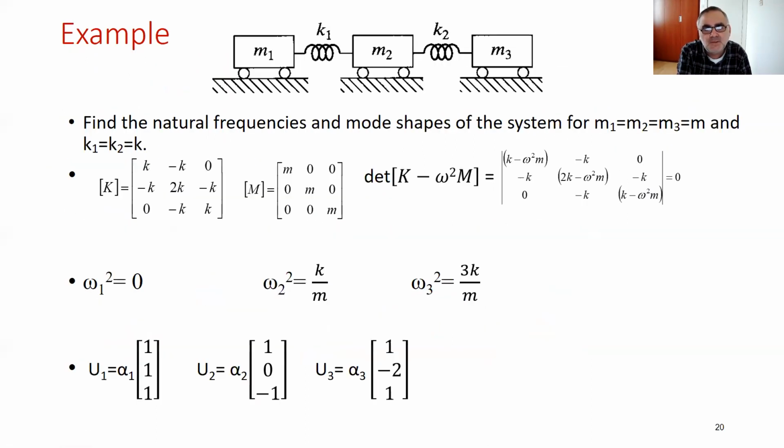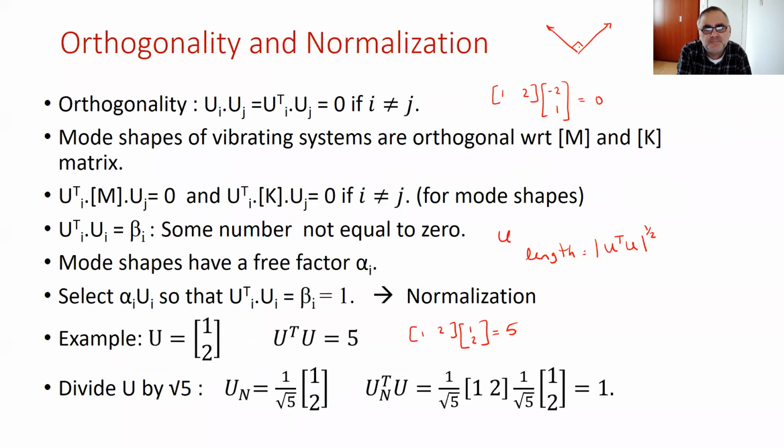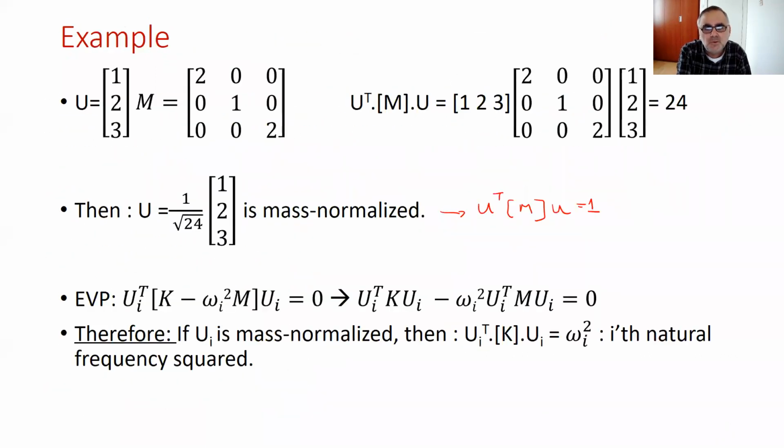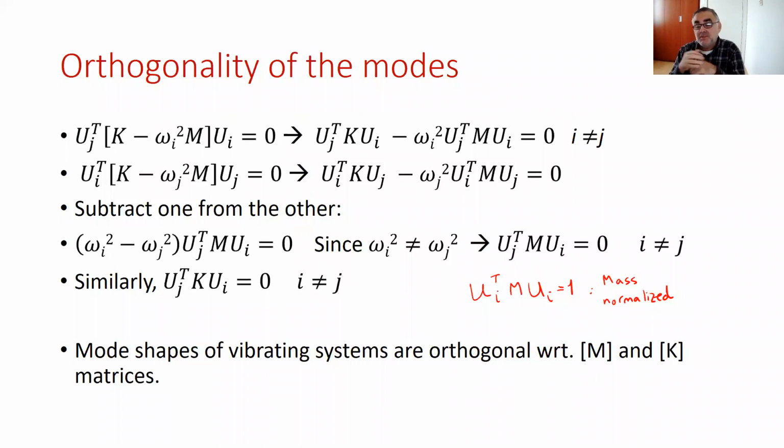So if the masses are the same, you don't have to mass normalize. But if you mass normalize it for a system with different masses, you will get nicer results. Okay. So let me